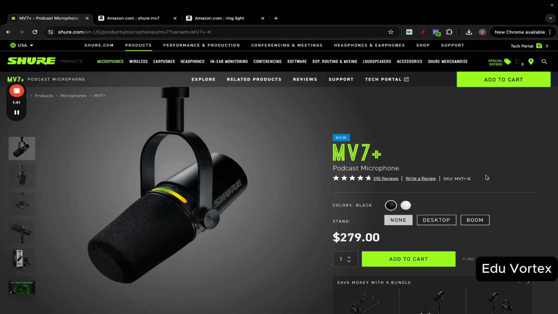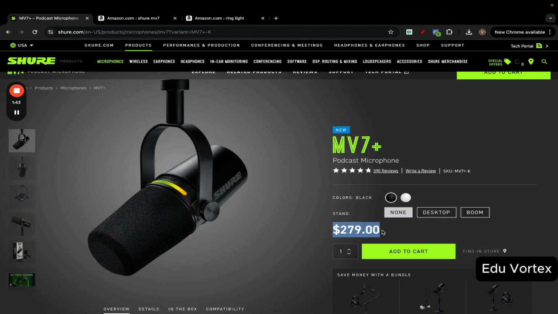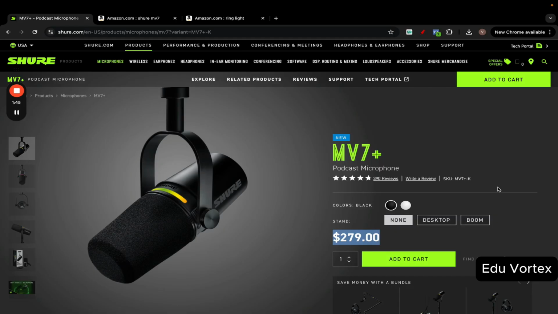Now, for sound, you don't need to buy a $300 mic. Just don't use AirPods or your computer or Mac microphone, because that is very, very bad. The AirPods microphone is awful, so don't use that. You're going to be lowering the perceived value of whatever it is that you're saying by a lot. You can be saying the smartest thing in the world, but if you're speaking through the microphone of an AirPod or even your computer, nobody is really going to listen to you.